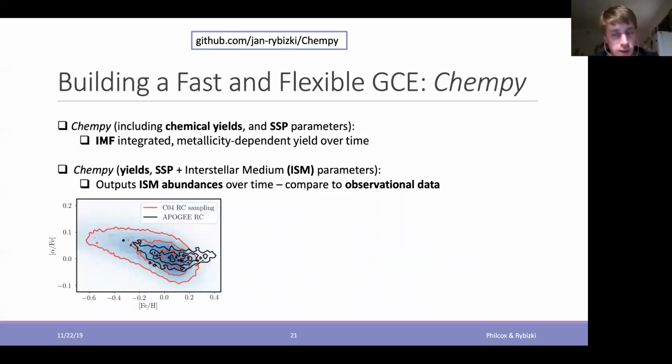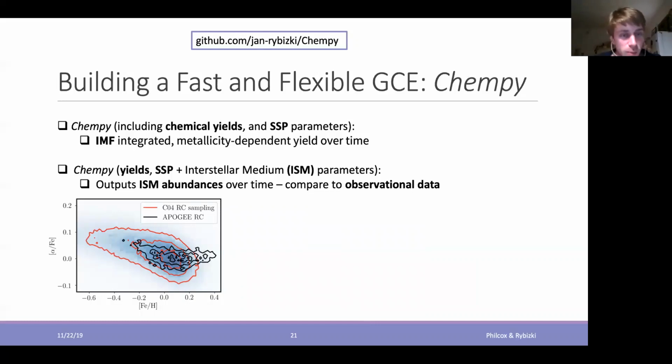When I say observational data, these are abundances of elements, and usually we would say you have ages attached to the stars along with their elemental abundances, and you can compare to the abundances that Chempy predicts.